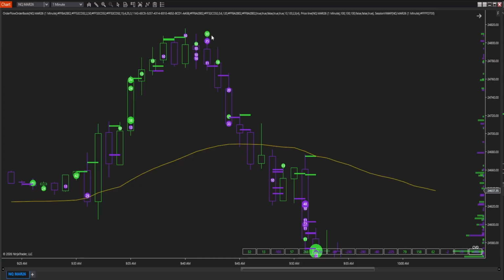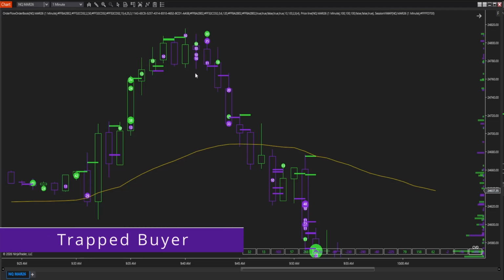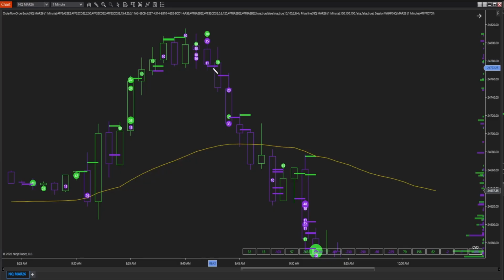So I'm thinking, okay, these 30 contracts up here are getting absorbed. So what I was thinking is, and we have a stacked selling bounce right here. So I go ahead and get in here. And then as we drifted down, I just went on ahead and got out. Now, this would have been a really fantastic trade, and I would have made a lot more money, maybe $1,500, $2,000. But there was something that was going on with